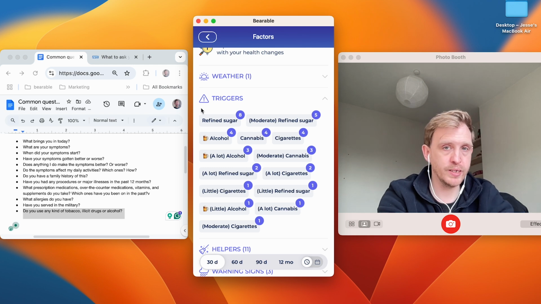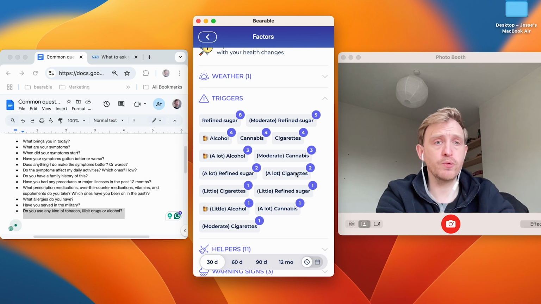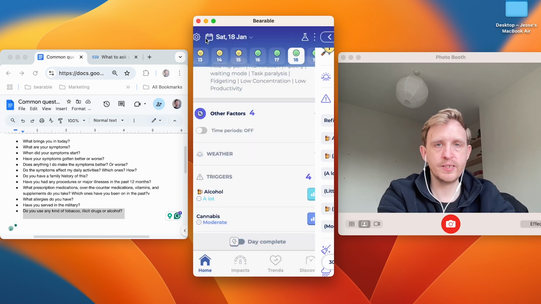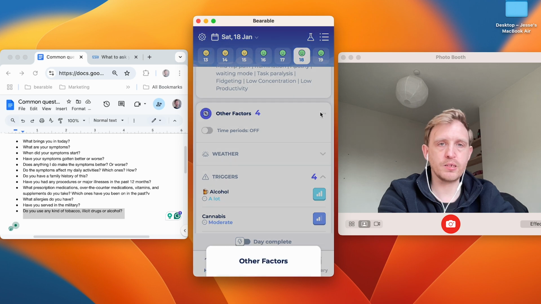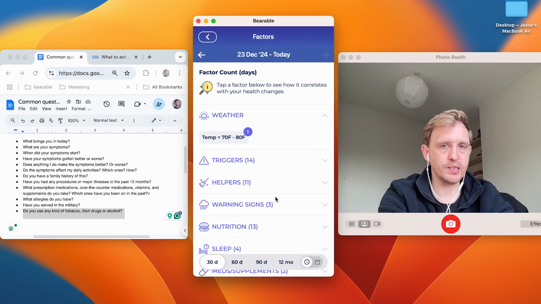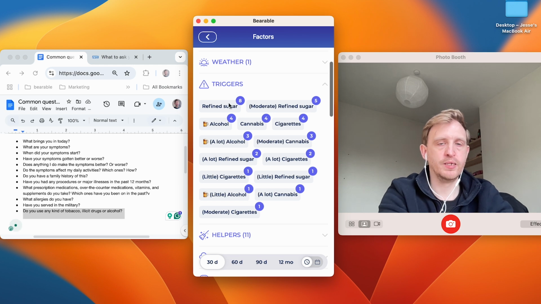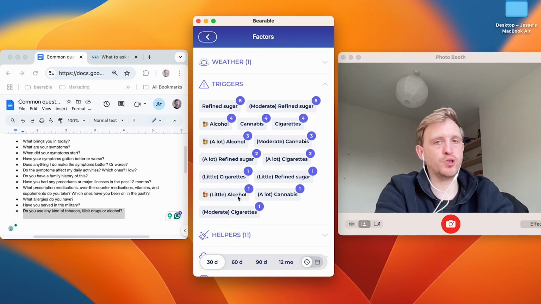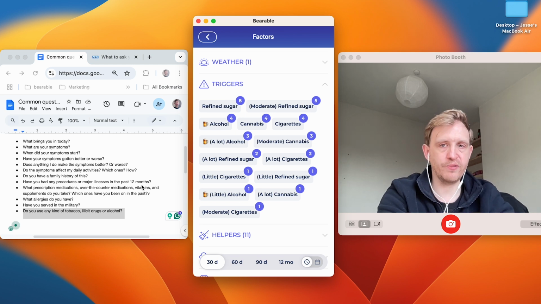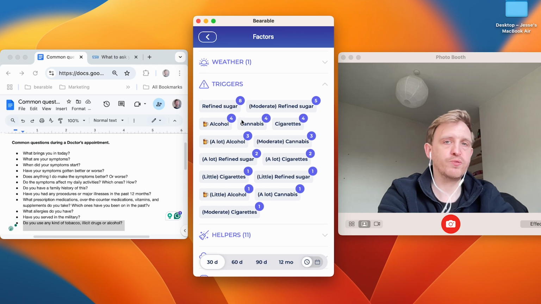So you can probably screen grab this, and it will just very quickly highlight that number, so you can share it with them very, very easily. But again, that's just in your other factors, stats and insights, and then wherever you've tracked it, whichever group you've tracked it under. My advice again would be track it as a trigger, just because it's a useful way to think about your factors in Bearable.